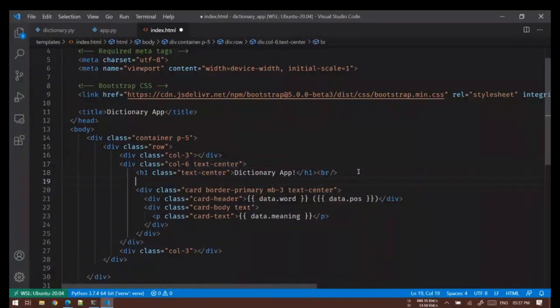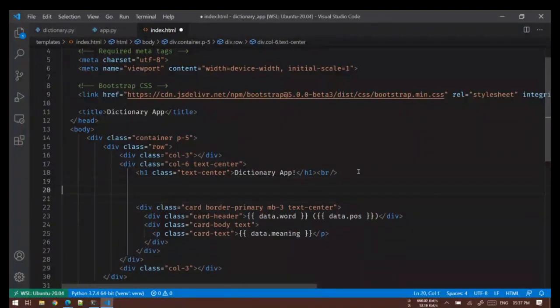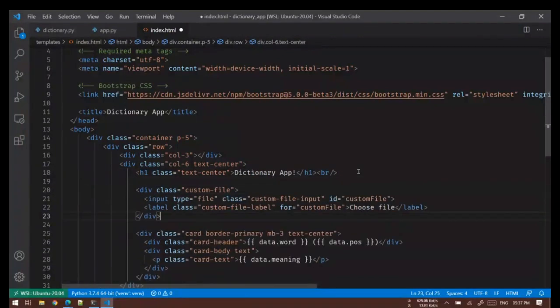So just after dictionary app, I'll try to add this form, and instead of this, it will be text. Class, ID, I don't need it. Class will have to see.